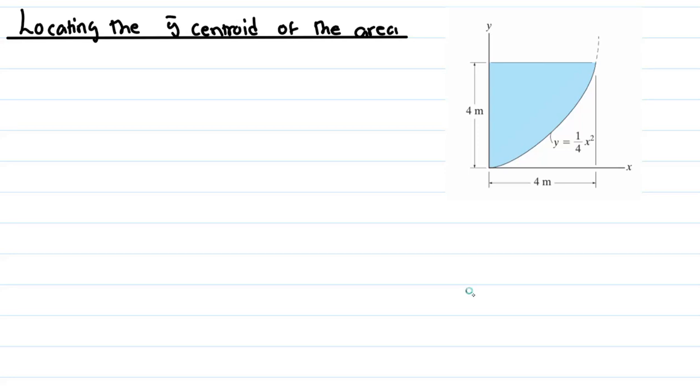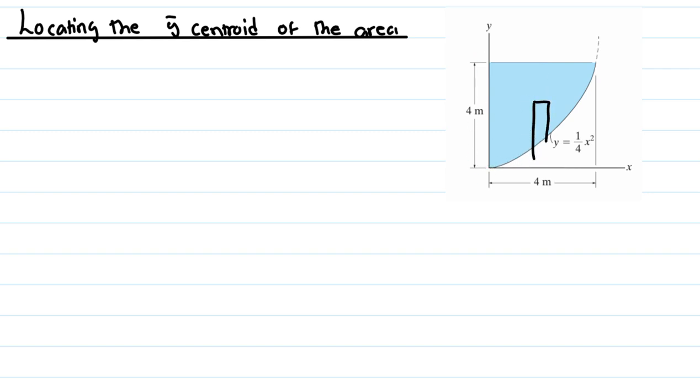So let's locate the y centroid of the shaded area. What I usually do is put the rectangle parallel to the axis which I'm working with. Previously, in the other video, I was finding the x centroid, so I put my rectangle parallel to the x-axis. Here I was going to do the same thing by putting my rectangle parallel to the y-axis, but